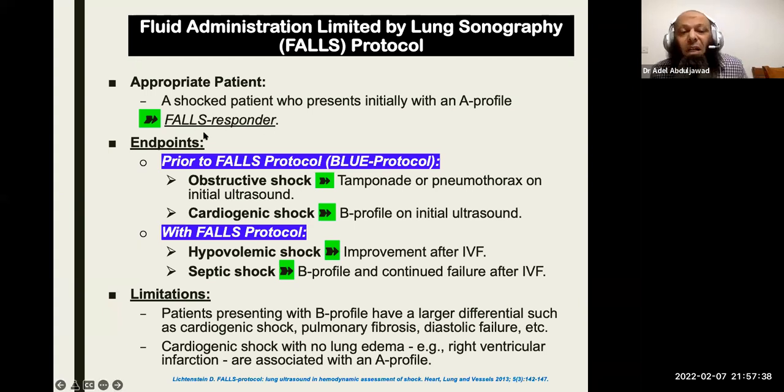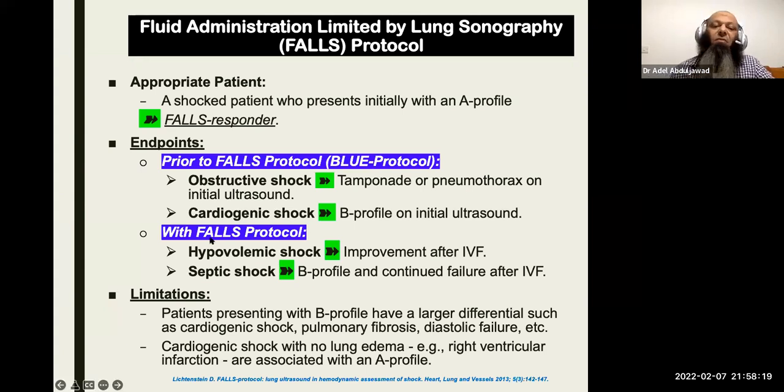What about your endpoints, and what are the limitations of this protocol? For the endpoints of this protocol, prior to applying this, you have to use what we call the DIPLO protocol. I will show you later. From the DIPLO protocol, you can diagnose the presence of obstructive shock secondary to tamponade or pneumothorax. For cardiogenic shock, you will have a B profile on the initial ultrasound. When you have two common causes already either ruled in or ruled out,